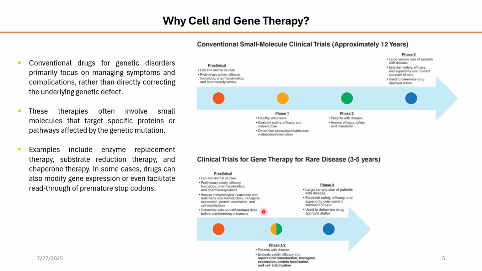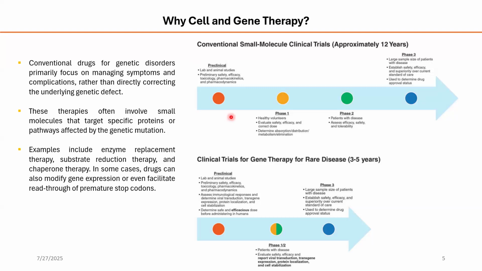But in the case of gene therapy or cell therapy, which is mostly used for the treatment of rare diseases, it takes around 3 to 5 years for the clinical trials to finish. So in the case of small molecule clinical trials, there are phases. After the research comes the preclinical trial, where they use lab and animal models to study the safety, efficacy, and toxicological